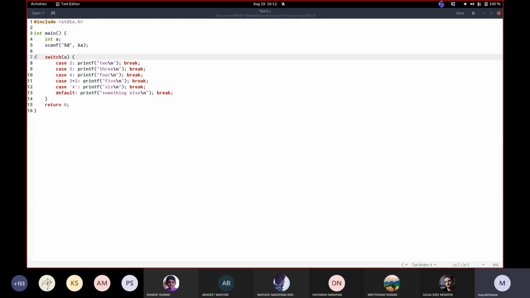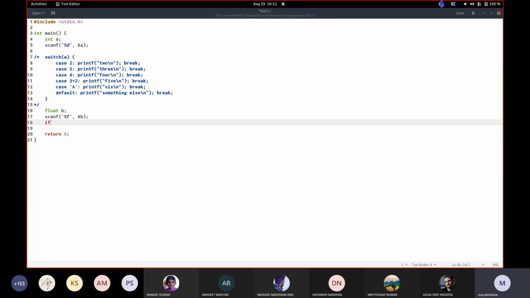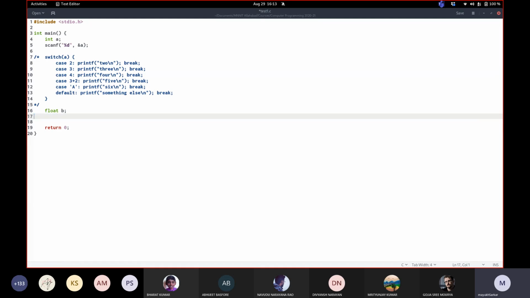Let me show this. Suppose float B, scanf %f and &B, or maybe suppose I am giving some fixed value to it already. Suppose B is say 5.5. If B is equal to 5.5,